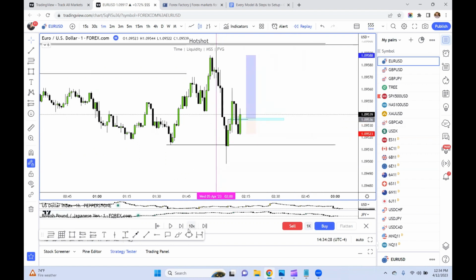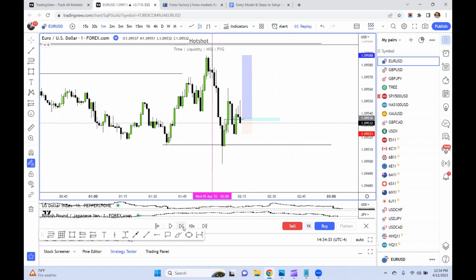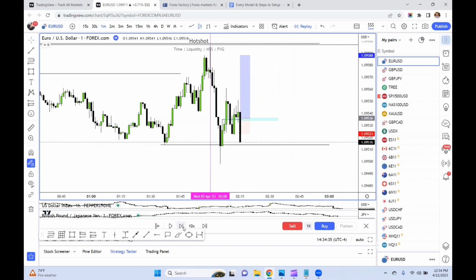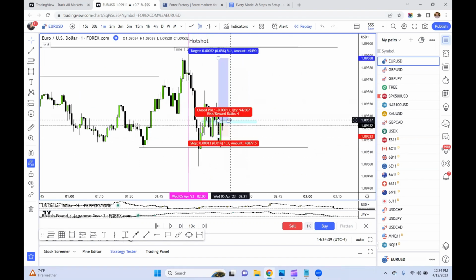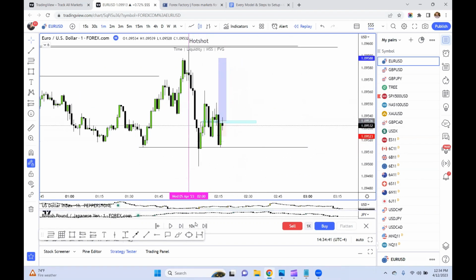As long as you've got good risk management, good money management, it is all good. Losses happen. You just have to accept them, move on from them, learn from them. Okay? Now, in this case,